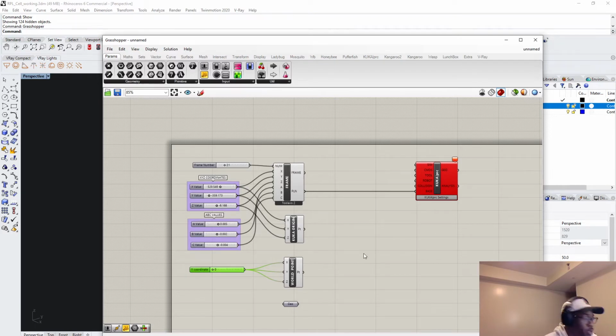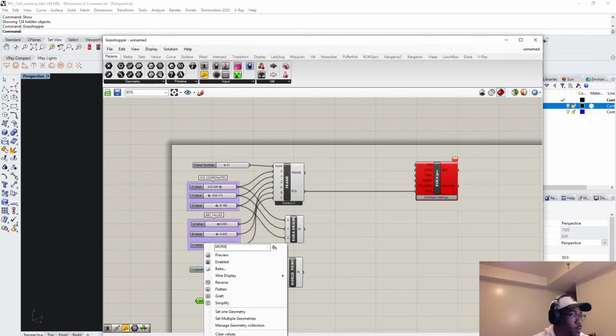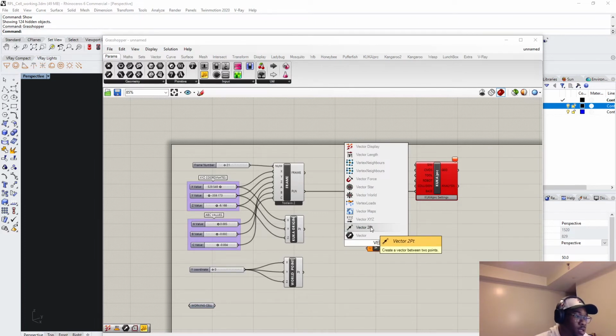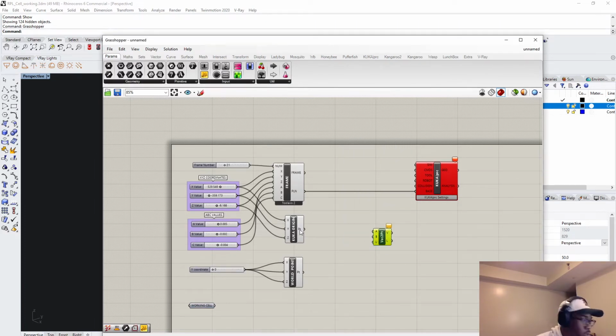Alright, next step is to create a vector 2 point to actually move this working cell geometry. We can name it working cell and actually have it accurately reflect the world origin. So we will actually know where to put our geometry without having to think too much about it. Alright, so we'll do a vector 2 point. Very easy way to get a vector to actually move things. So slide those into each other,